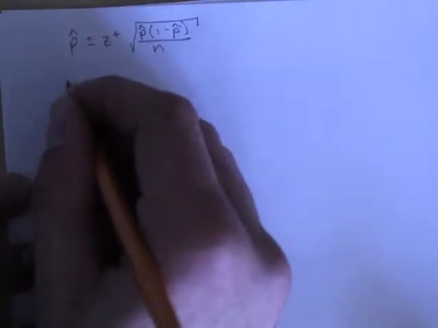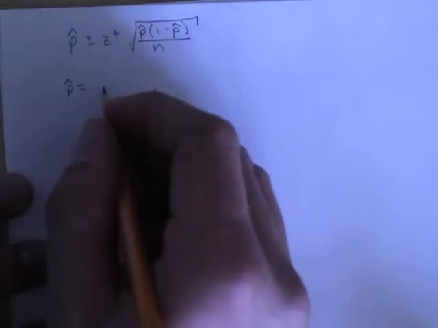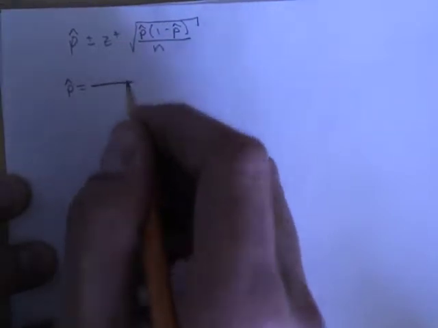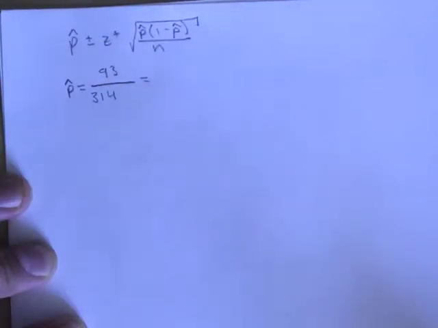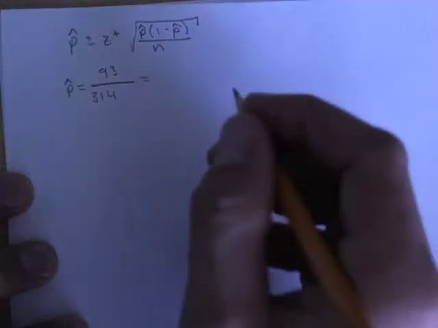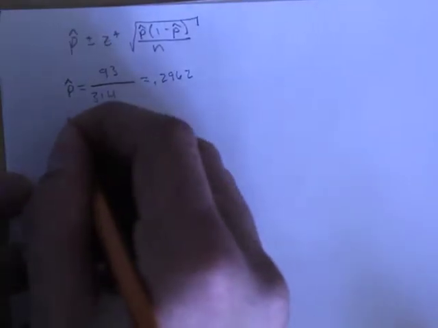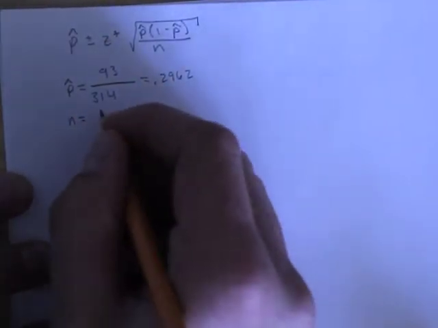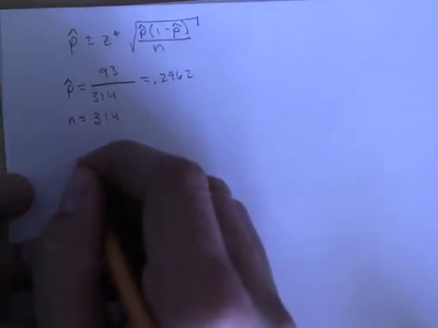So the first thing is p-hat, which, just a reminder, is the sample proportion, and we get that from identifying out of the people that were surveyed what percent preferred red Starburst. So there were 93 that said that was their preference out of 314, and you should double check this on your own. But that works out to be 0.2962, and the sample size here would be 314 total were surveyed. So I can make my prediction that